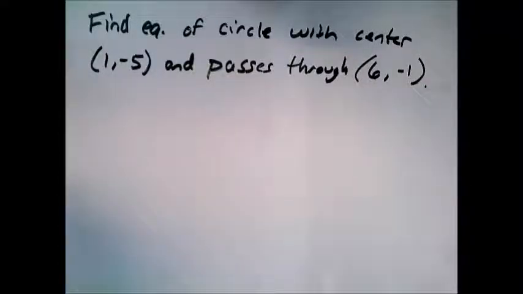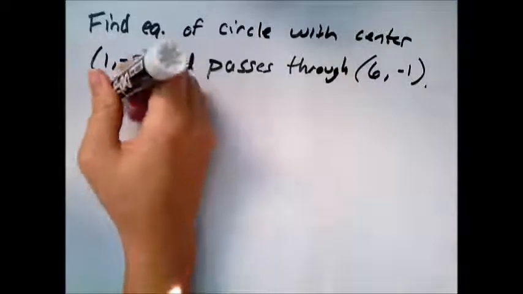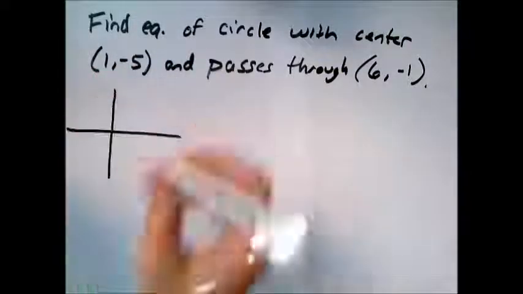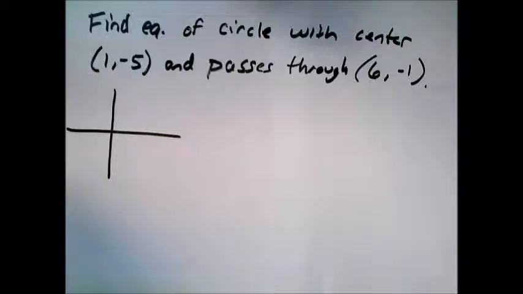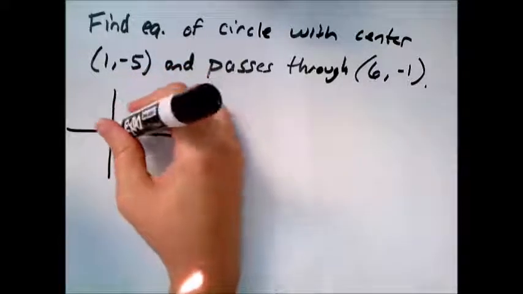Here we want to find an equation of a circle, and they give us the center and a point that it passes through, so a point that's on the circle. First thing I like to do in all these, because it's much better if we can visualize what's going on, is graph it. And so my center is at 1, -5,